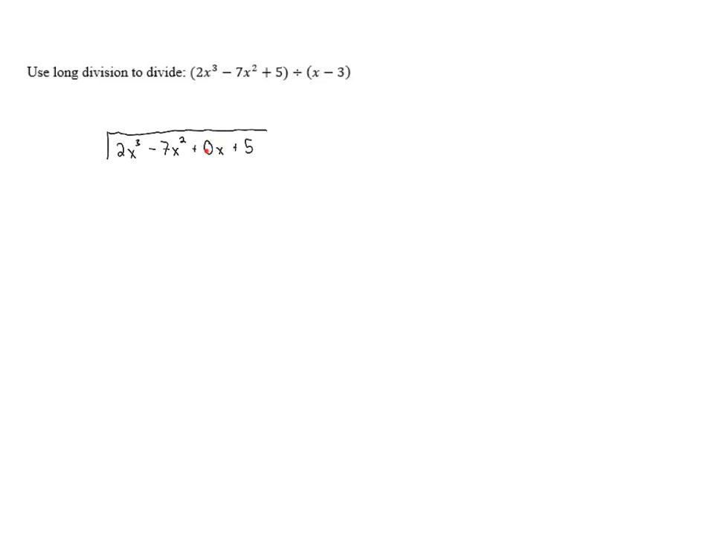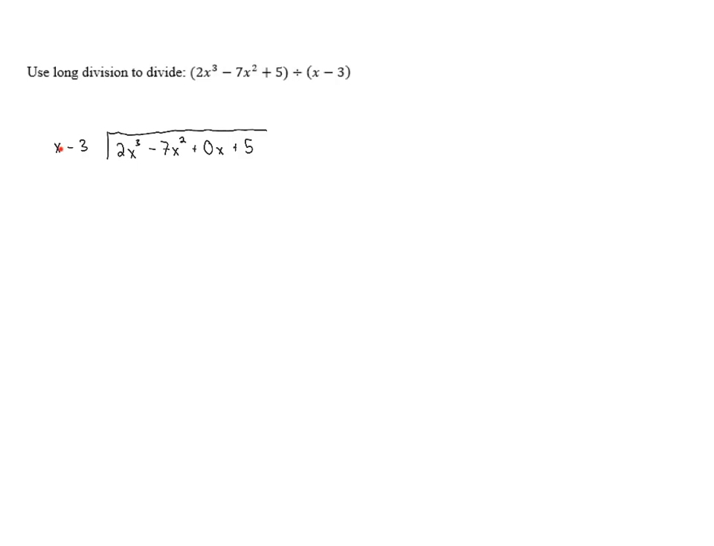We need to put in placeholders whenever we have a term that's missing, because otherwise, when we go through the process and we get to the point where we're subtracting terms, we're not going to have all of our like terms lining up, and this is going to be a problem. So we put in the 0x there, and we've got our dividend on the inside. We put the divisor, or the thing that we're dividing by, on the outside, and then we go through the